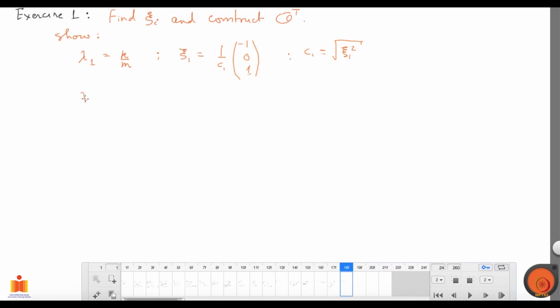And also please find the eigenvector corresponding to this eigenvalue, which I am writing now. These are the ones which we found earlier, right? So just find xi2. Again you have to normalize, so I am dividing by c2, which you should find. And you'll find when you calculate the eigenvector, this is -2 small m over capital M, and a square root.